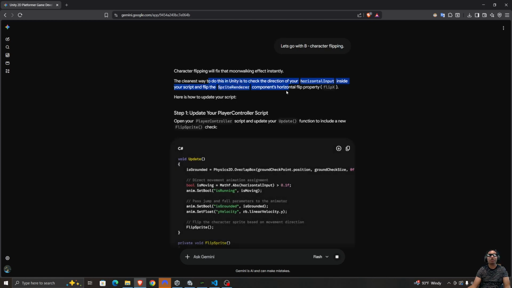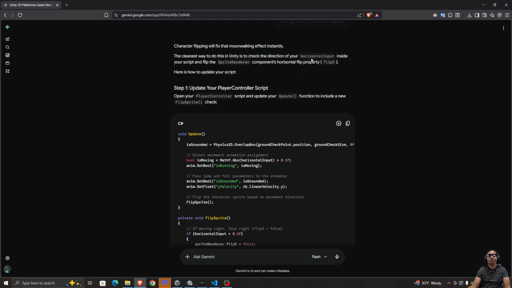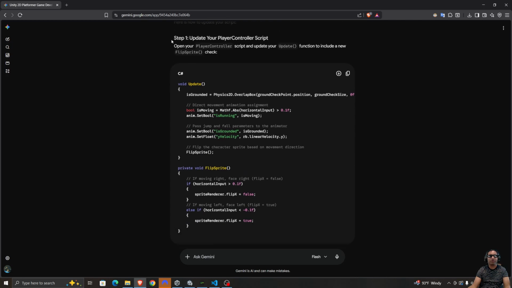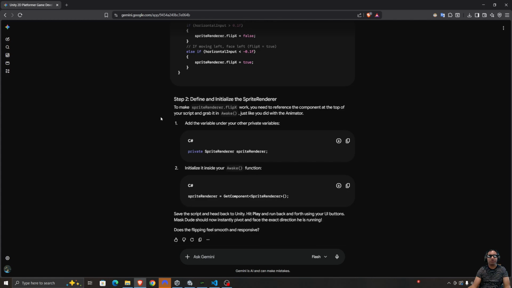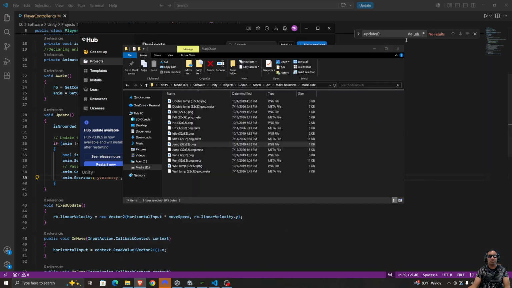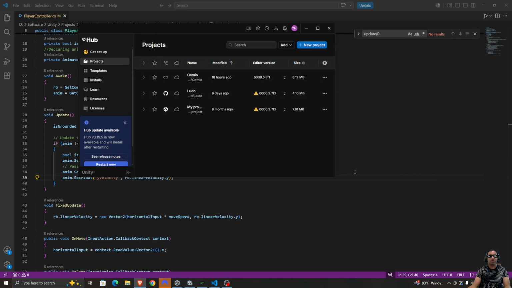The easiest way to do this in Unity is to check the direction of your horizontal input inside your script and flip the sprite render component's horizontal flip property, which is flip X. So here is how to update our script. And let's just follow along this two-step process here. So let's go back to our